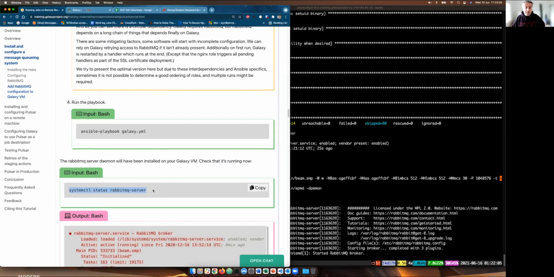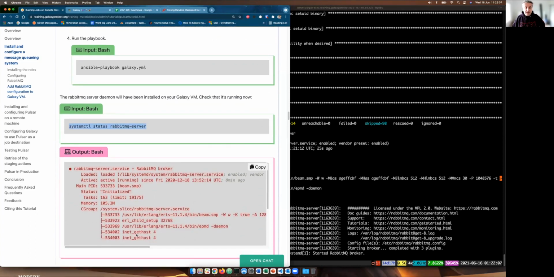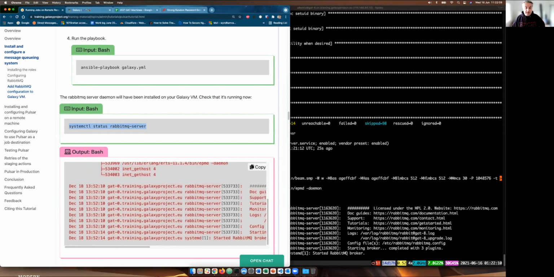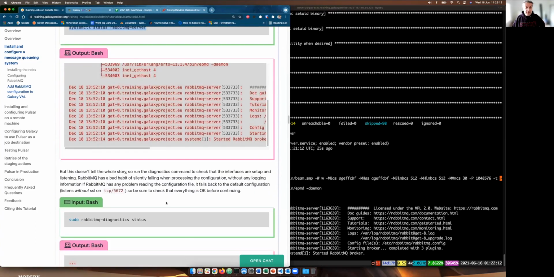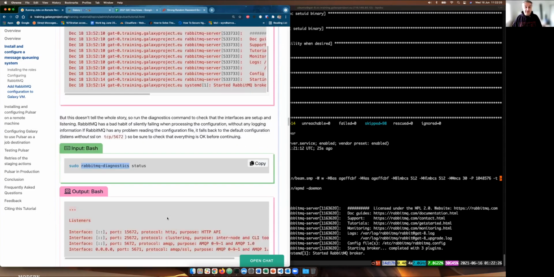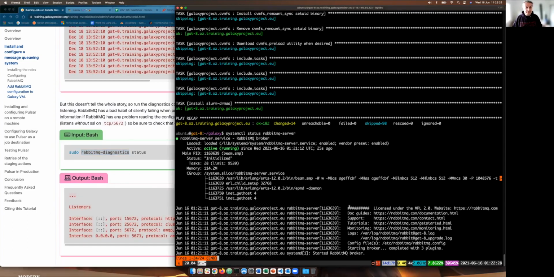And this is where it's getting its configuration from. Okay, now, even though this says that it's running, that's great and all, but sometimes it doesn't give us all of the information that we're after. And so we installed the Rabbit management software, and so we can run things like RabbitMQ diagnostics, and this will tell us if our queues are actually up and running. So let's go and have a look. Sudo rabbitmq-diagnostics status,